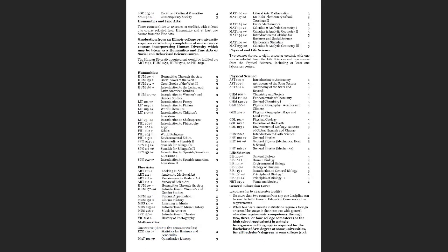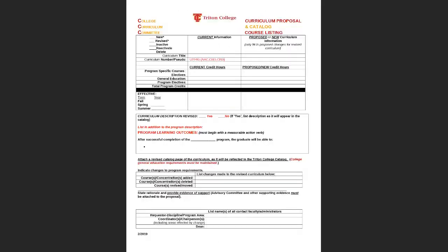It's important that the curriculum committee realizes that these forms have to be ready to go ASAP. I was going to say today, but ASAP. We are working with Watermark to get these templates on their platform, and we want to make sure we do it right with this initial migration. Not that I can say it will be perfect, but we want it to look as best as possible